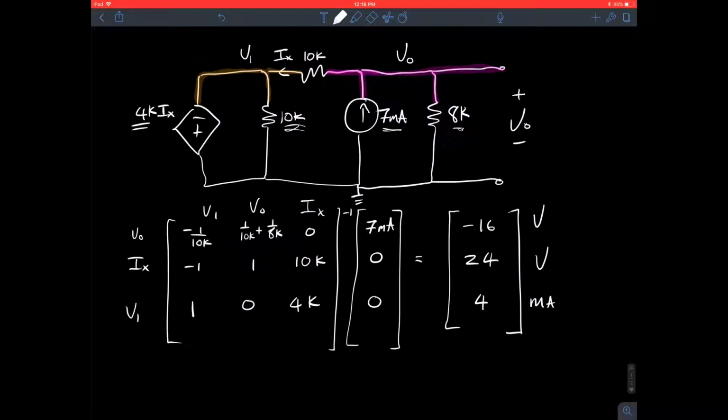Be careful working this problem and make sure your units are right and you'll get the right answer. A lot of times, for example for this one, I got a 56 and a negative 0.01 here, and that's because my units were wrong, so I had to go rework it and put the actual numbers in. So you can't do a trick or a cheat and remove the K's and assume that that 7 is a milliamp. If you do that, then you have to also remove the K's from those 10 and that 4, which is what I didn't do. So sometimes it's just better to put the unit